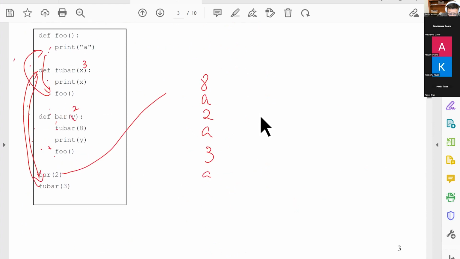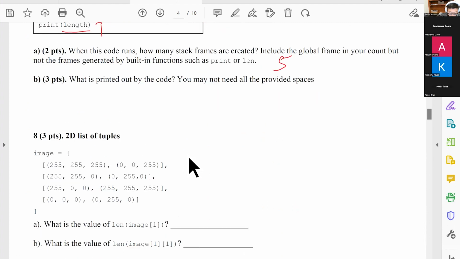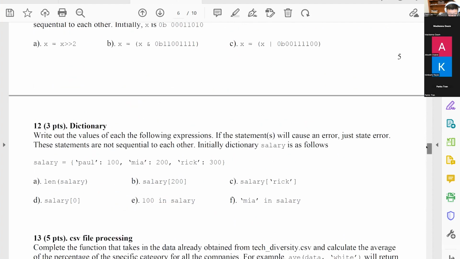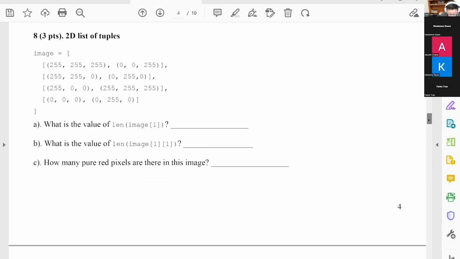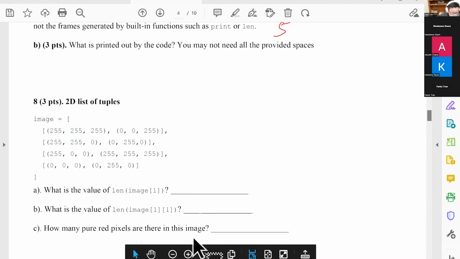That's the first thing. Now, let me see if we have pictures. We have very little amount of pictures in here. So next thing, 2D list of tuples. I have this 2D list of tuples. What's the value of this thing, right? So if you look at it,